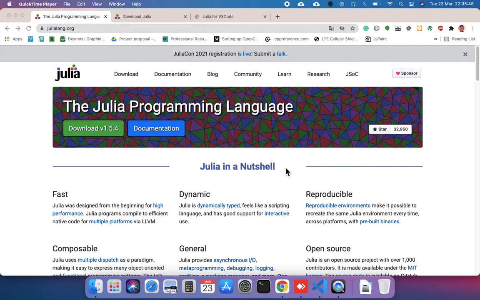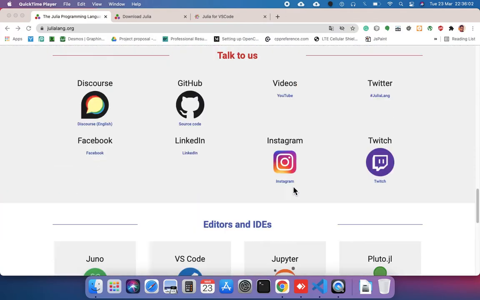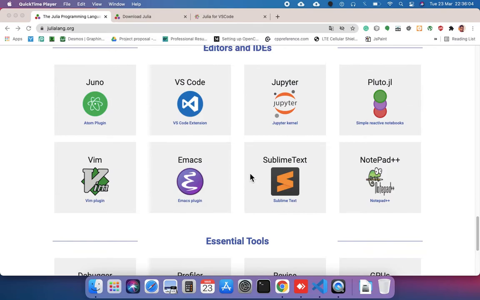And today we are going to set up an environment where we can quickly start programming Julia. On the page, if you scroll down a little bit, you can see it supports VS Code, Atom, and Jupyter, and so on.